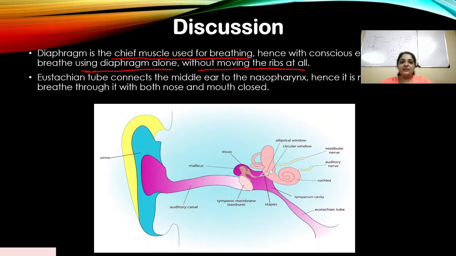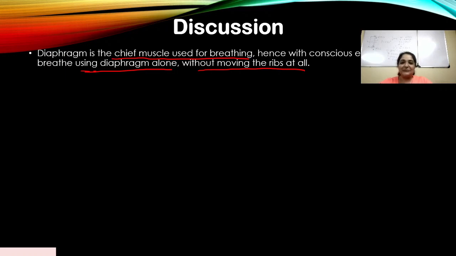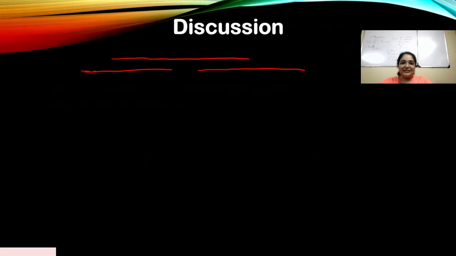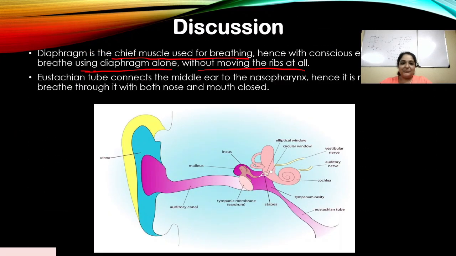Yeah, so now I'm sure you have already researched this. Some of you must have researched this question and come up with the eustachian tube, that through the eustachian tube it is possible to breathe, like I've said, that is option B, but that is not the right answer. If you thought that option B is the right answer, it is incorrect. It is not possible to do that, and I'll tell you why.